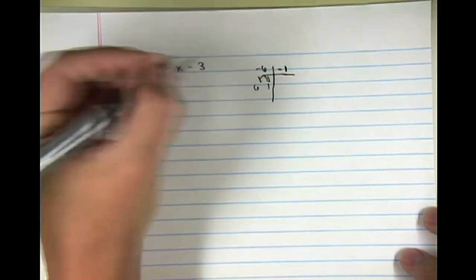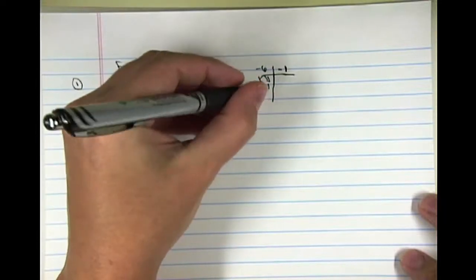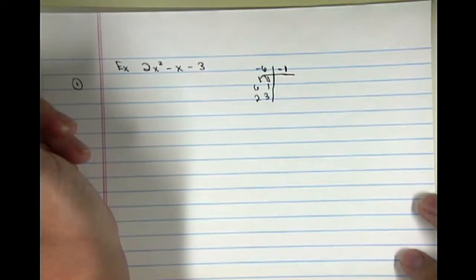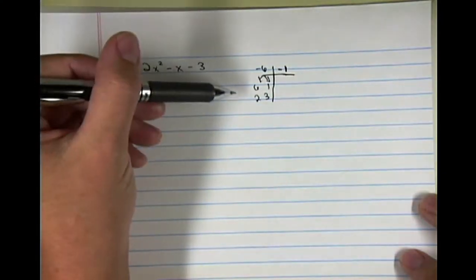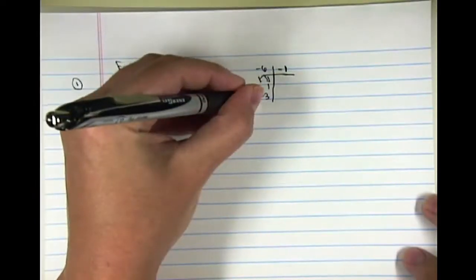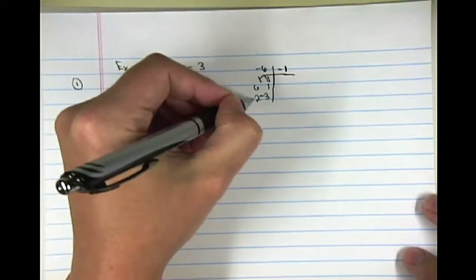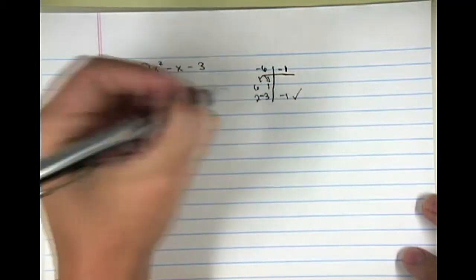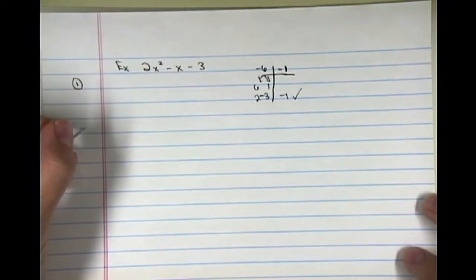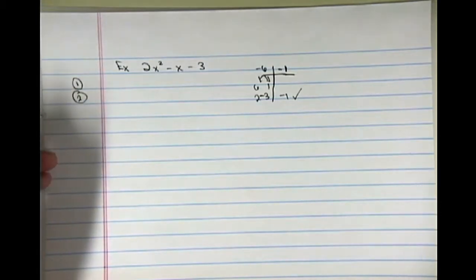So we've got 6 and 1. Can I add those up somehow to be -1? No, that's not going to work. I have 2 and 3. Now if I make one of these negative, they'll multiply to be negative, and perhaps even add together to be the -1 that I want. And if you're thinking, then yes, it's the -3, because 2 minus 3 is -1. 2 times -3 multiplies to be -6. So that works. Those are the factors that we want to use. Okay? So we found the factors,